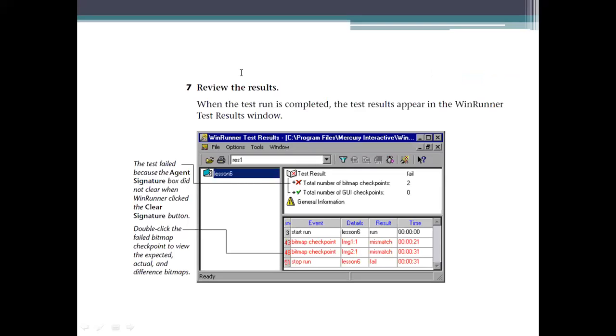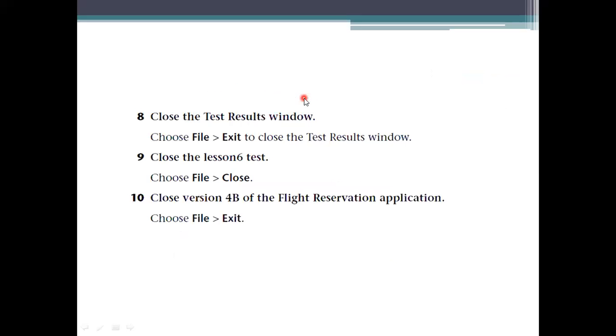How are we going to stop that? If you want to save the test result, you can save it by taking a screenshot or any other representation. And if you want to exit, what you have to do is exit from all these test windows, then WinRunner, then the test that has been created, and then the application you have chosen.